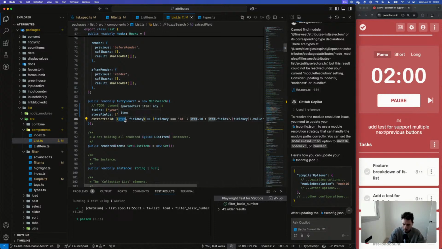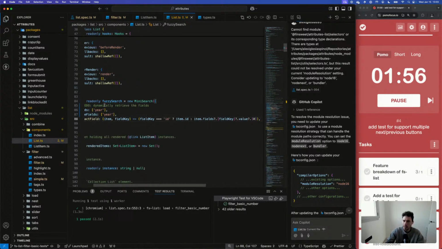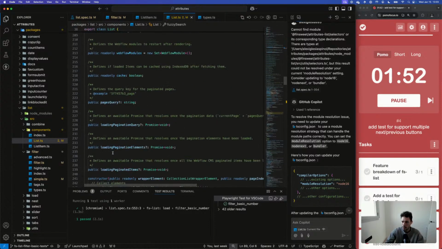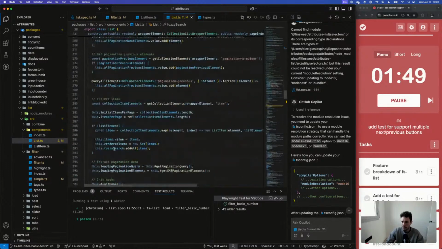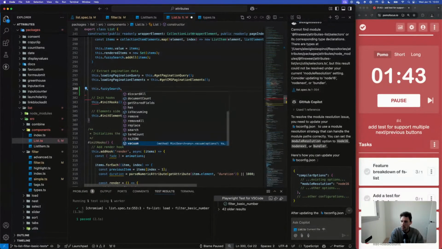Now the question is, once it's defined, can I add more fields? Get stored fields. Remove all, replace, search, to JSON, vacuum.